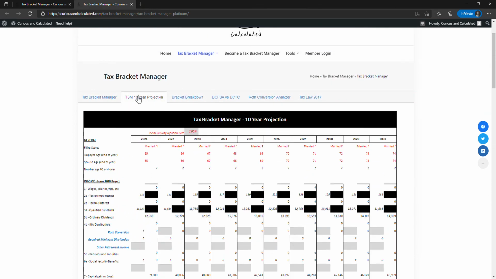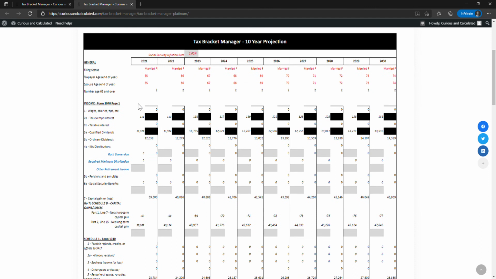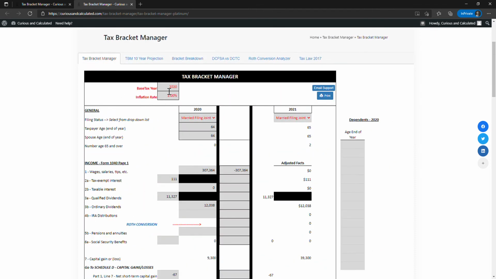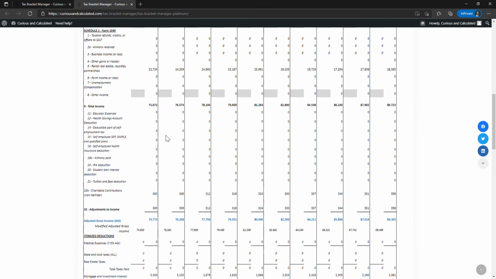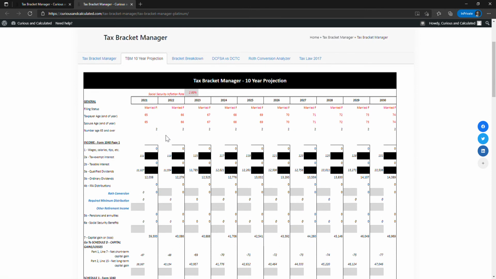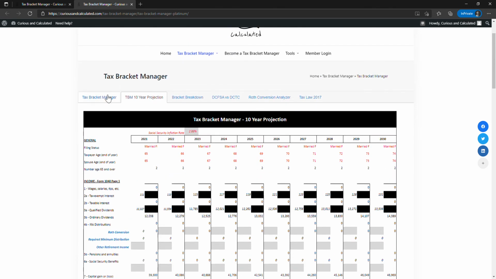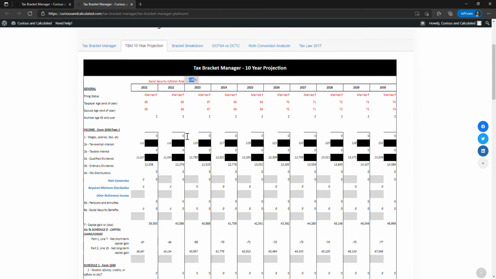Next is the 10-year tax bracket manager tab. This takes everything and grows it by inflation. You can set your inflation rate here on the first tab at 2%, because that will impact how the tax brackets are also influenced. Each tax bracket will grow with a standard inflation rate. However, you can change what that inflation rate is projected to be, because maybe you think there are going to be more aggressive tax changes. I do have a box here for Social Security and what the inflation rate there is